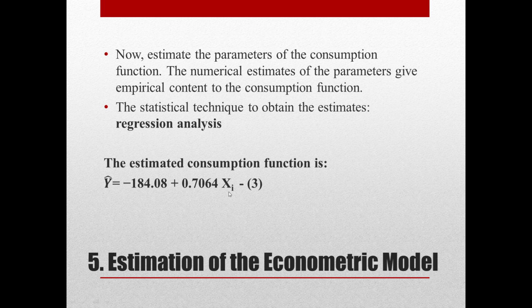So we can say that according to our data, the average or mean consumption expenditure went up by about 70 cents for a dollar's increase in real income. That is, if we increase this real income, that is Xi, by $1, we can see that the consumption expenditure is also increasing, but not by $1, by less than $1, that is by 70 cents. So here we see that MPC is greater than 0 but less than 1. So this is our fifth step where we have estimated the values of beta 1 and beta 2.